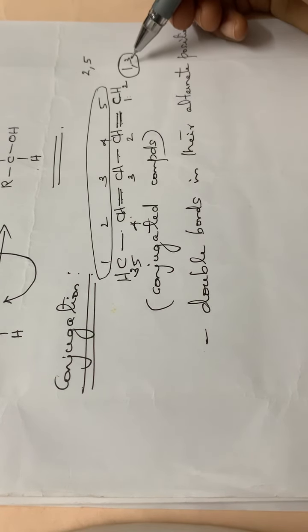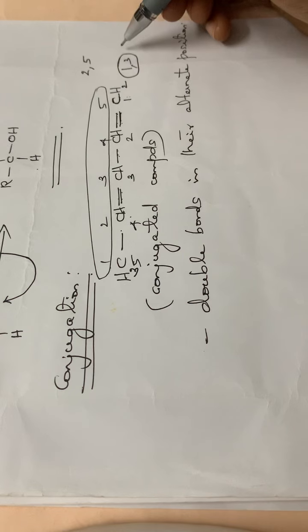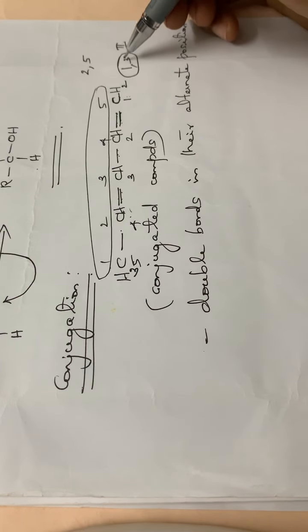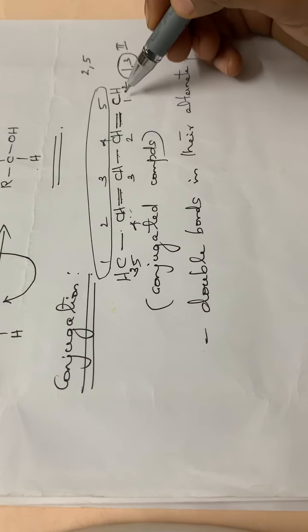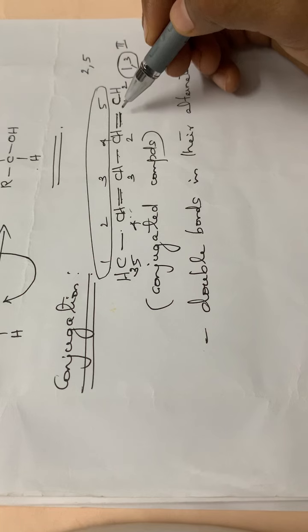First and third carbon atom will be having double bonds. So the least numbering for the double bonds will occur in the second manner, isn't it? If the numbering is done in the second way, the least numbering will happen. So we can name this particular compound as 1, 3. Then how many carbon atoms are there? 1, 2, 3, 4, 5. 5 carbon atoms. So it will be 1, 3.